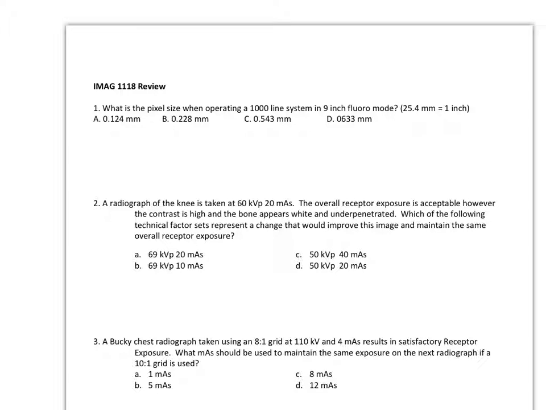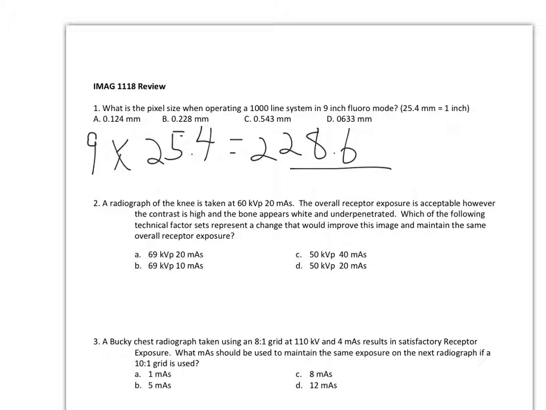Since the answers are given in millimeters, we need to convert 9 inches to millimeters, so we simply multiply 9 times 25.4 millimeters per inch to get 228.6 millimeters. And then we divide that by 1,000 lines in the system,